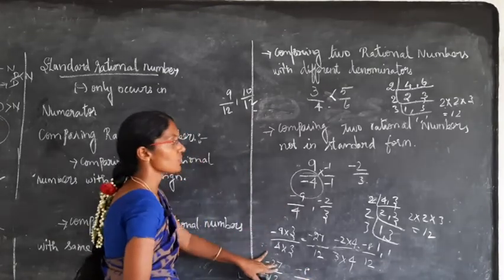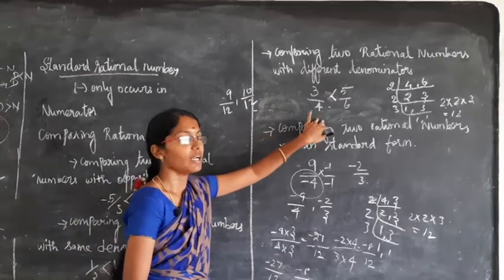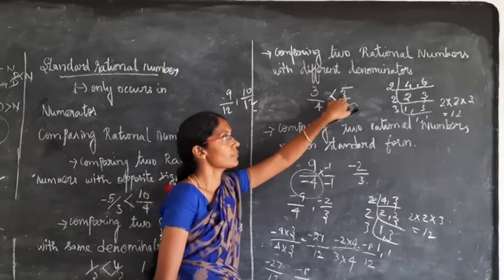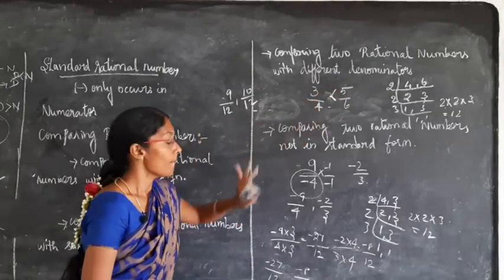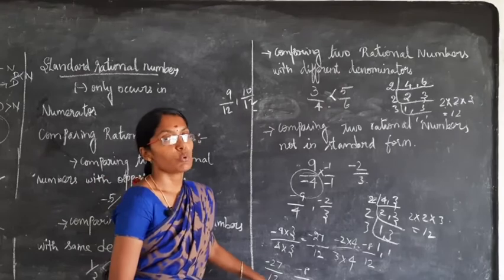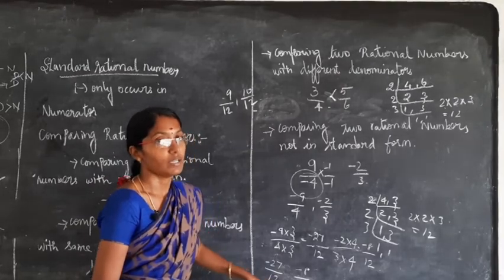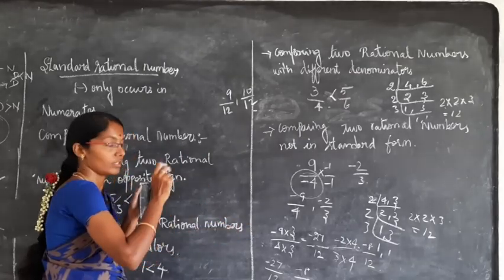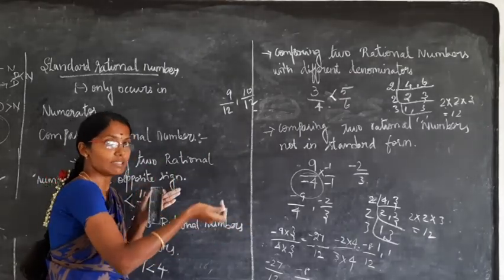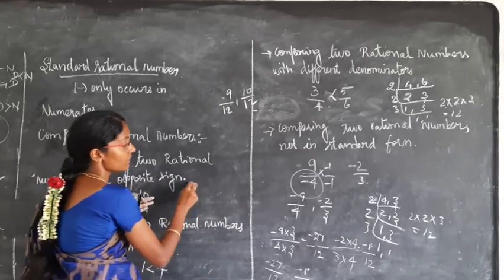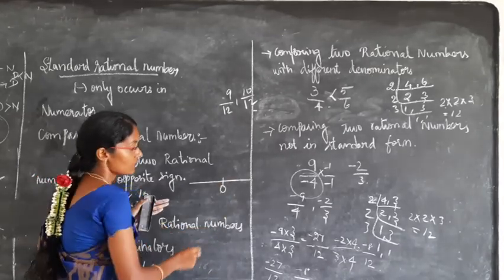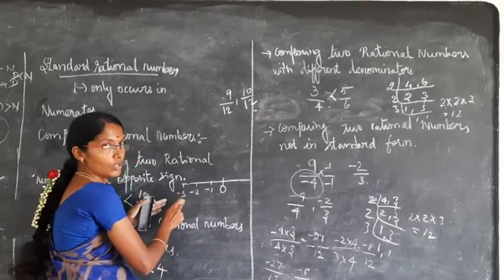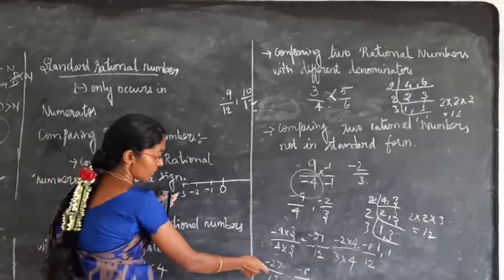On the positive side, for positive rational numbers, if the denominators are the same, you have to compare the numerators. If the numerator is bigger, you can easily find out. But with the negative sign, which one is bigger? The number which is on the right side is bigger. So how will you represent the number line? It is 0, then minus 1, minus 2, minus 3 and it goes on. If you take minus 27, it will be on this side.